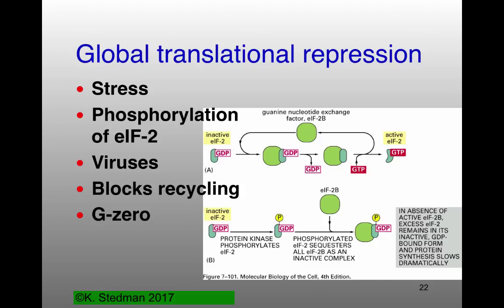So the regulation of eIF2 has to do with GTP binding and the recycling of the guanosine triphosphate. If you don't have recycling of your guanosine triphosphate, then you're not going to get translational initiation. This turns out to be a really nice way for the cell to respond to a nasty virus infection, for instance, saying, no, I don't want to translate any of your nasty viral genes. I'm going to turn off translation completely. Or if you're going into a part of the cell cycle where you don't want to be translating too many genes, a really easy way to regulate that is just to stop translating them. And the way to do that is phosphorylation of eIF2.